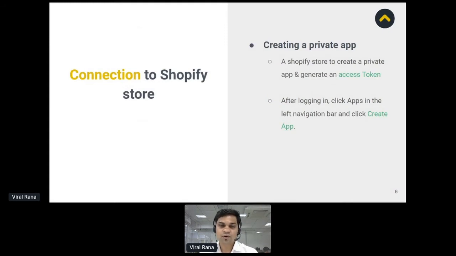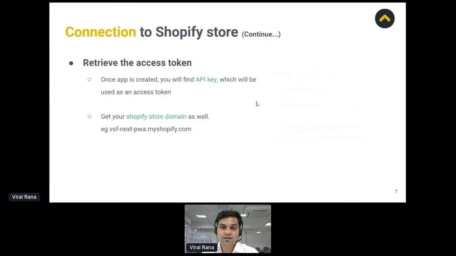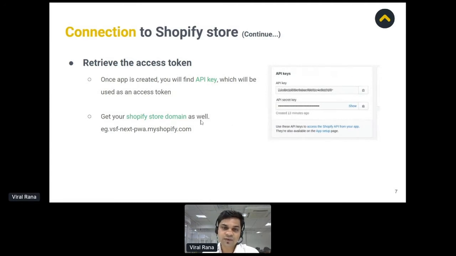The very first step of the Shopify integration development is creating a private app. For that, you should have a Shopify store, and after logging in to your Shopify store, on the left-hand side of your navigation bar you will find the app menu, and from that app menu you can create the app that will return the API key, as well as your storefront domain, which is suffixed with .myshopify.com.